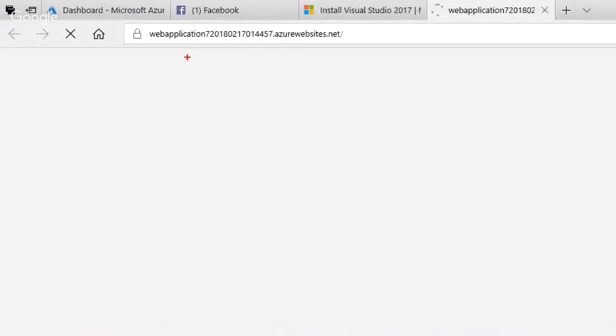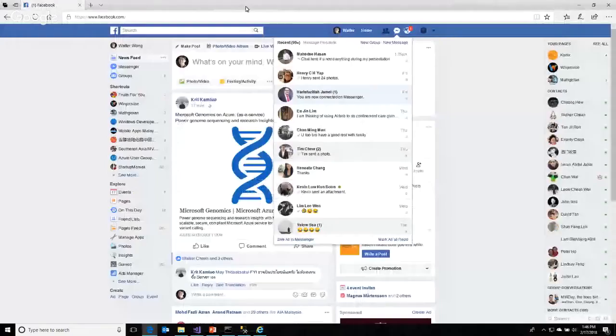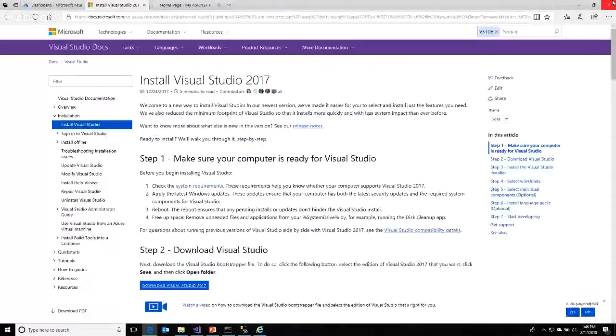As you can see from here, these are the applications that I deploy to the server, and immediately without configuring anything, I can go up to the web. Right. Let me close this.